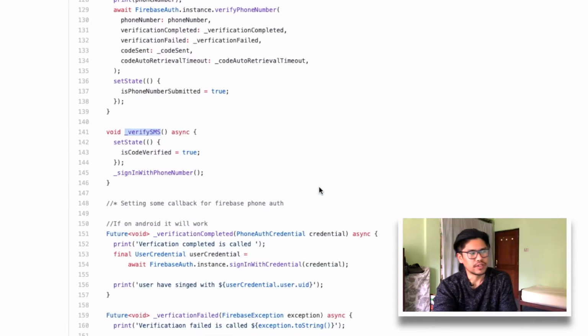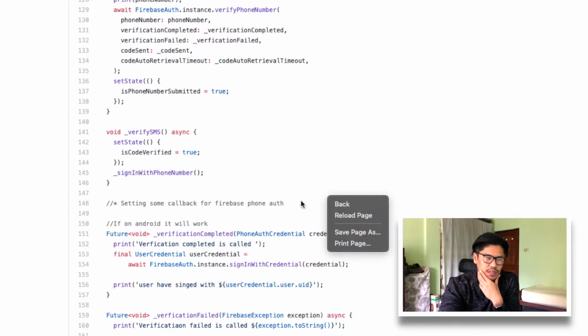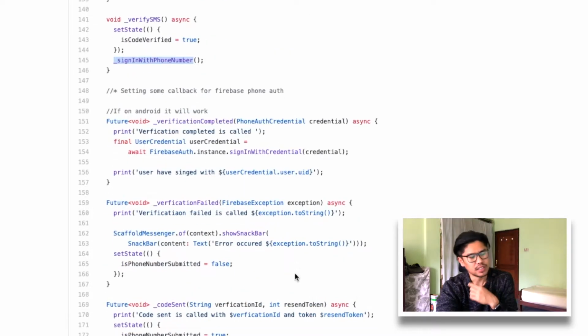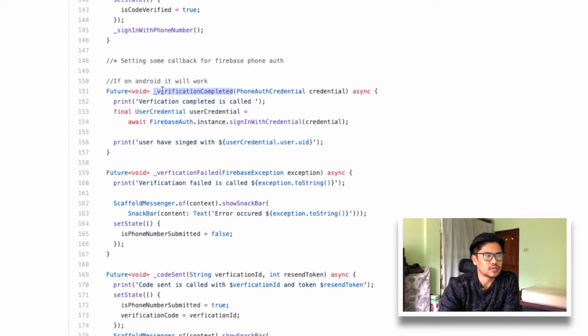Third one is verify SMS. Verify SMS will set the is code verified to true using set state, and it will call the sign in phone number method. Sign in phone number method is somewhere down here. So if we check our verification completed, it takes in the credential, and we can sign in the user with the credential using this method so that the user gets signed in